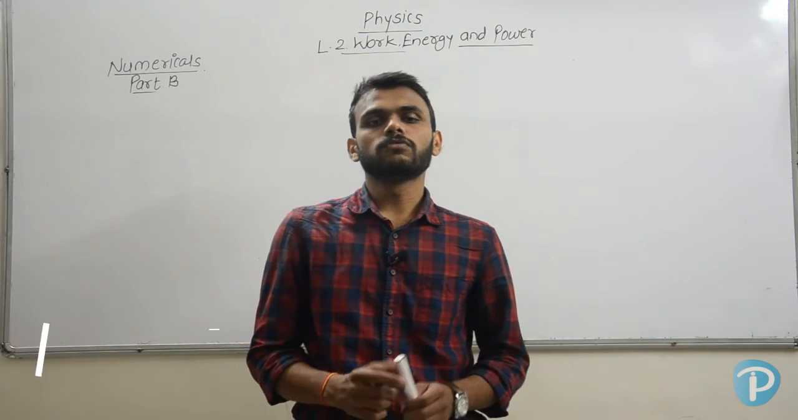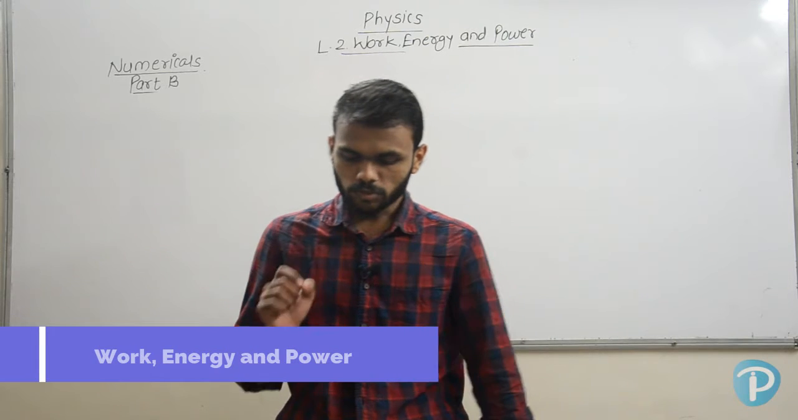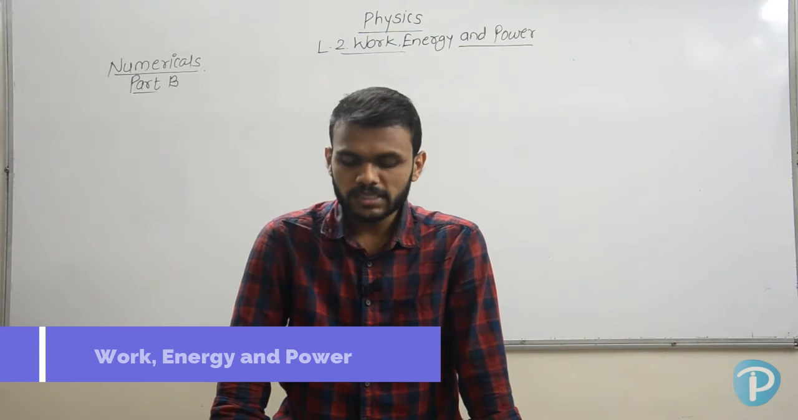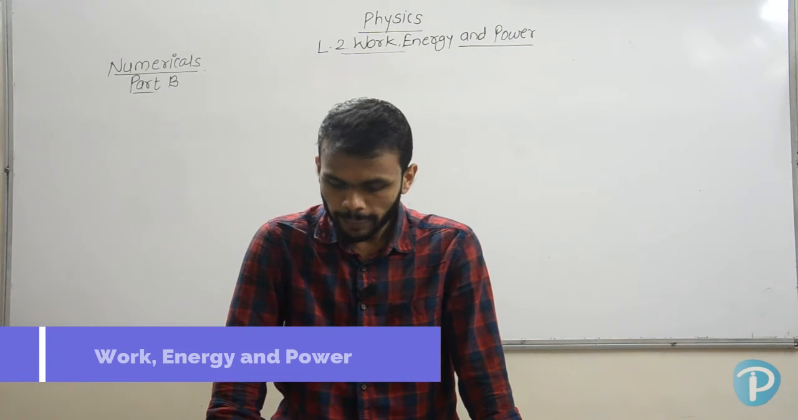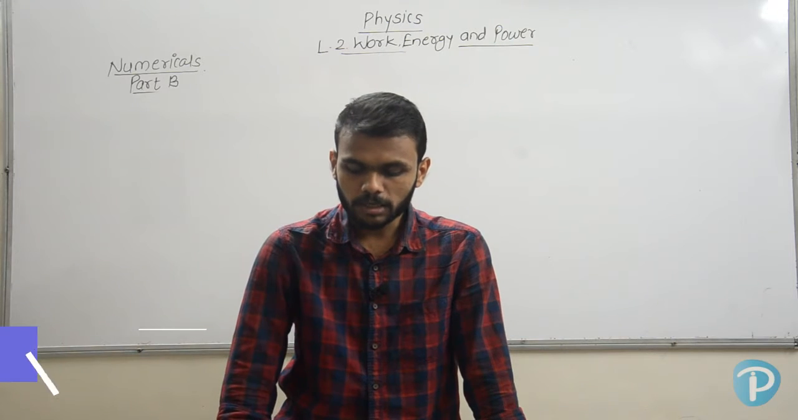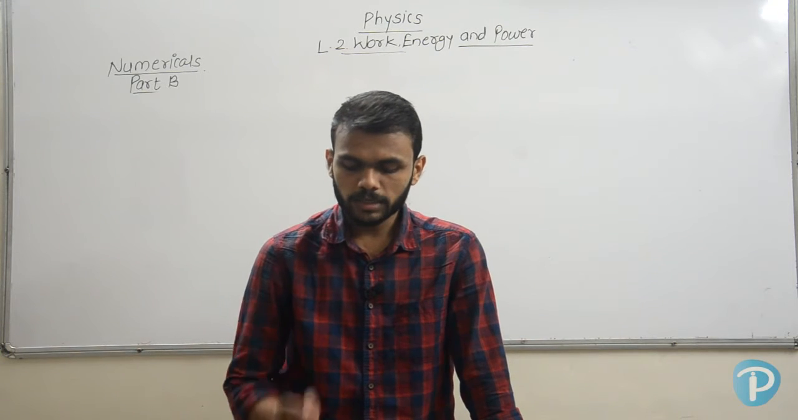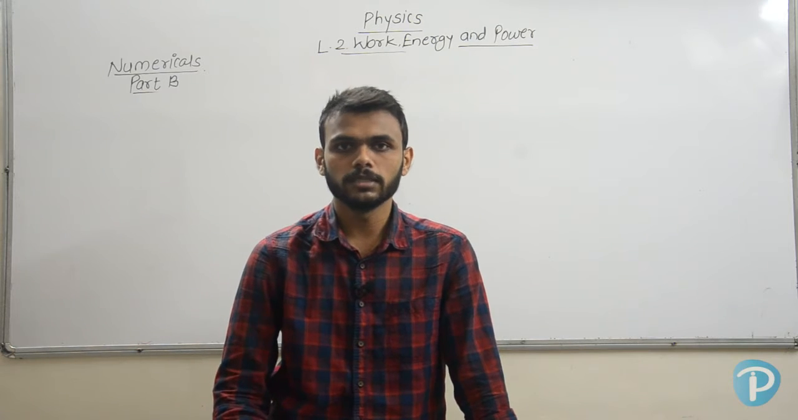So now we'll solve the next question, that is question number 17. I'm reading that question. A bullet of mass 50 gram is moving with a velocity of 500 meter per second. It penetrates 10 centimeter into a still target and comes to rest. We have to calculate the kinetic energy possessed by the bullet and the average retarding force offered by the